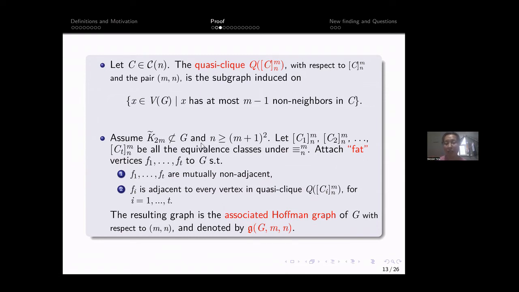Because I want to emphasize that we have the equivalence class, we have the crazy cliques. The first condition is that K2M tilde is not an induced subgraph of J, and N is at least M plus Y square. This is the precondition. Without these two, we cannot have an equivalence class. We have no crazy cliques. So I emphasize the conditions here again, and assume that C1, C2, and CT